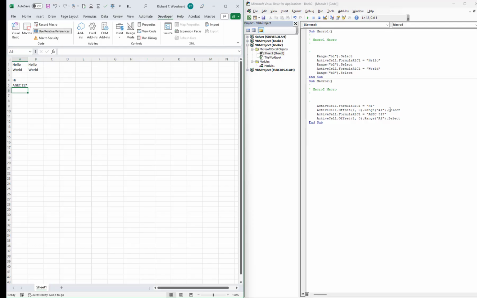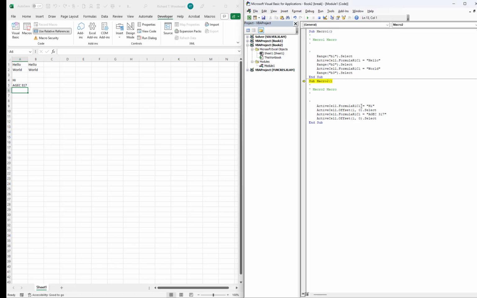And then this range A1 select is not necessarily, but it always appears when you record a macro. We could even delete that and it won't make any difference, you'll see. Okay, and I'll delete it from this one as well. The important thing to notice here is what we've done is we're now relative to the active cell. So now I'm going to use my F8 key and I'm going to step through this macro sub,